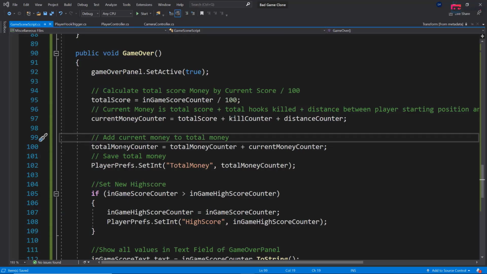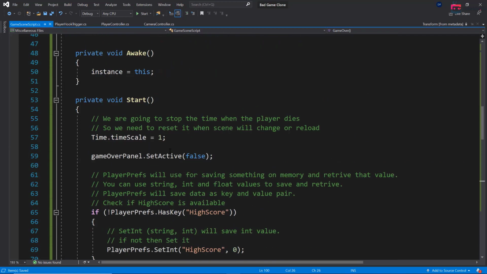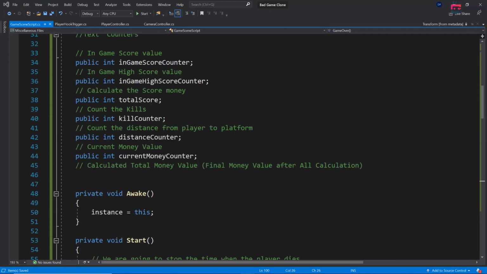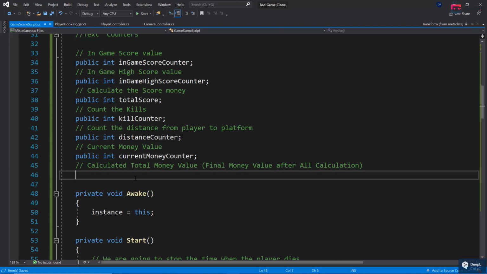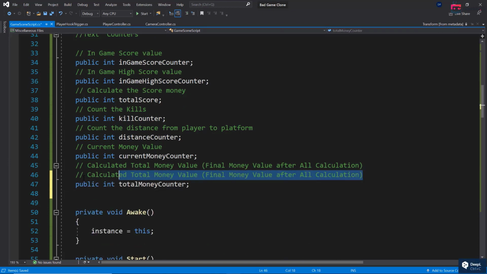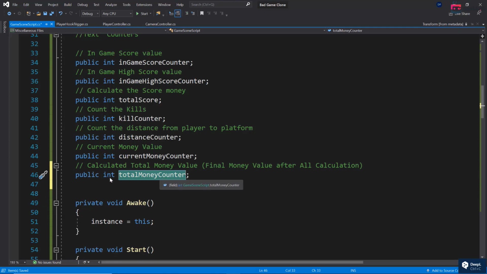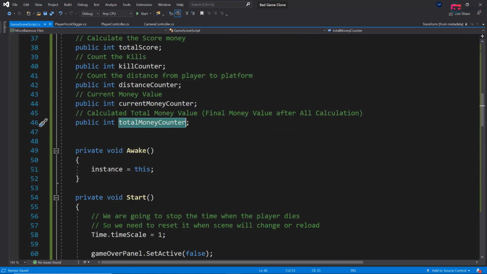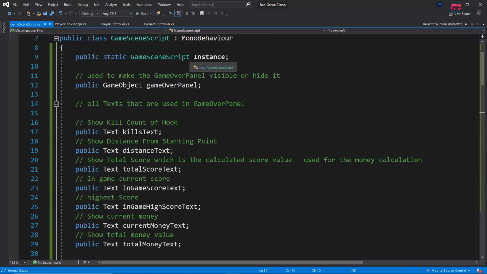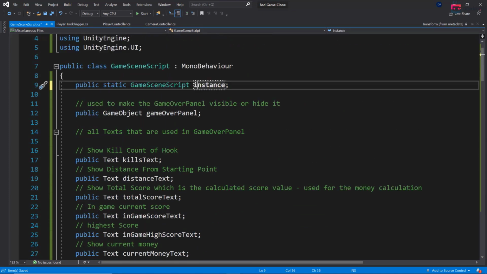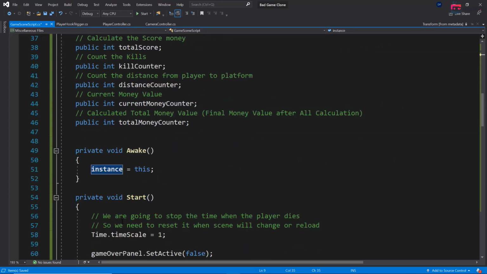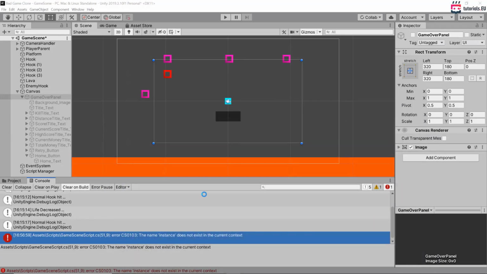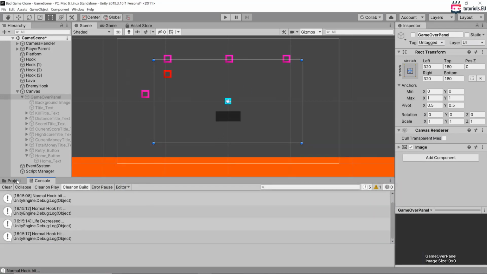And then it's complaining that I'm missing the total money counter. So let's go ahead and create a variable for it real quick. So here, it's this one here. I forgot to put it in here. So that's the total money counter. And then this error should disappear. Now we have this thing with the instance again. Well, let's make sure that we call all instances with a small I, so uncapitalized. And then we can save the script and go back to Unity. All right, once that is done,